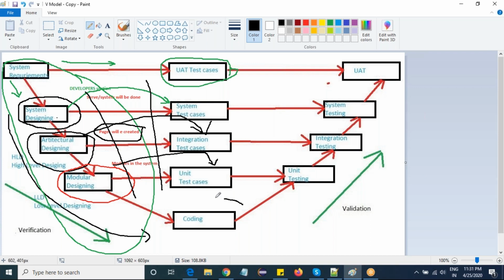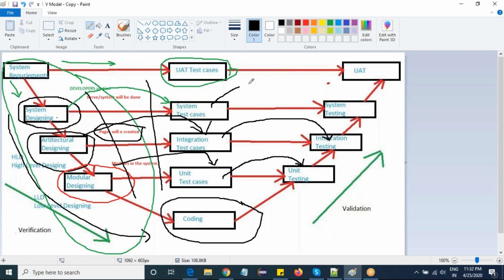In this phase, the developers give the code, the application, to us. Obviously, we will check the application, right? We will check the application by comparing it with whatever test cases we have. So we'll start unit testing. Unit testing will start by referring to the unit test cases we have written. Integration testing will start by referring to the integration test cases we have written. System testing will start by referring to the system test cases we have written. UAT will start by referring to the UAT test cases we have written.